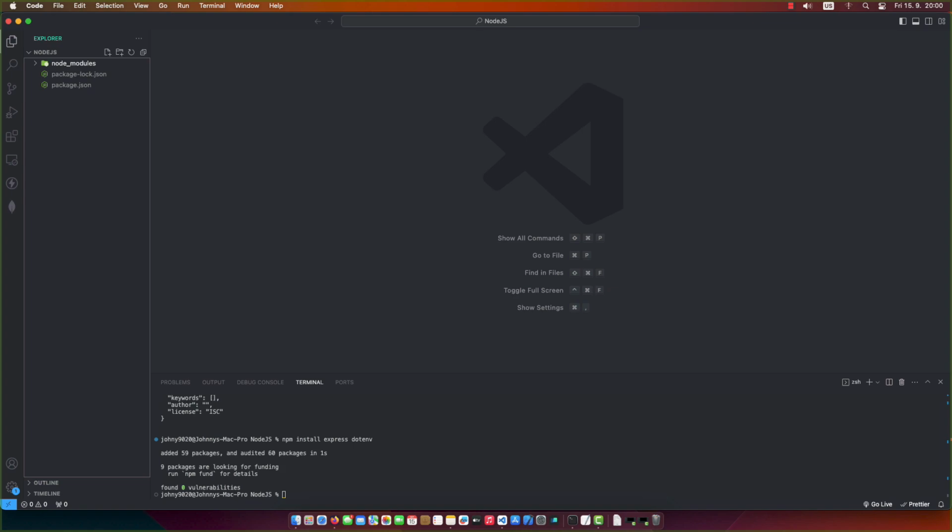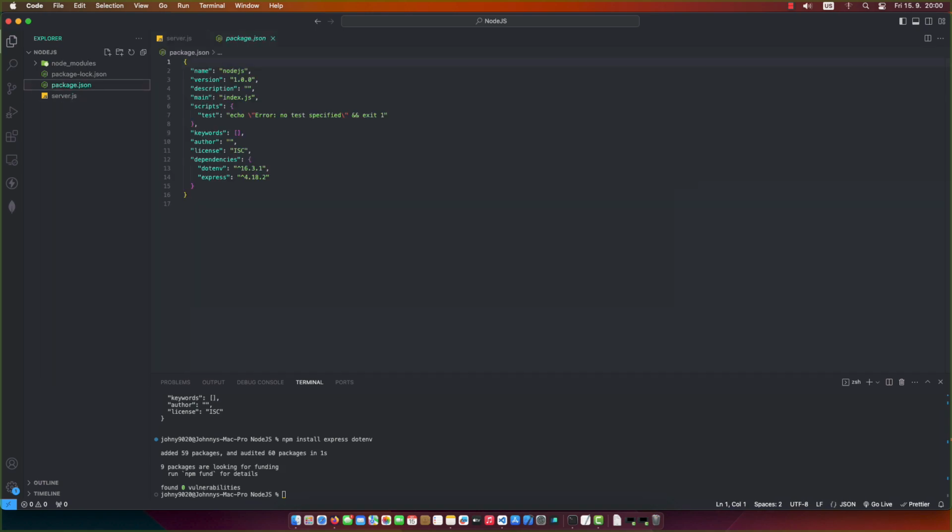Now we want to create a file. We are going to name the file server.js. That's all. When we have our file, go back into the package.json, and inside main we want to change that into the file we created, which is server. Then go into scripts and type in